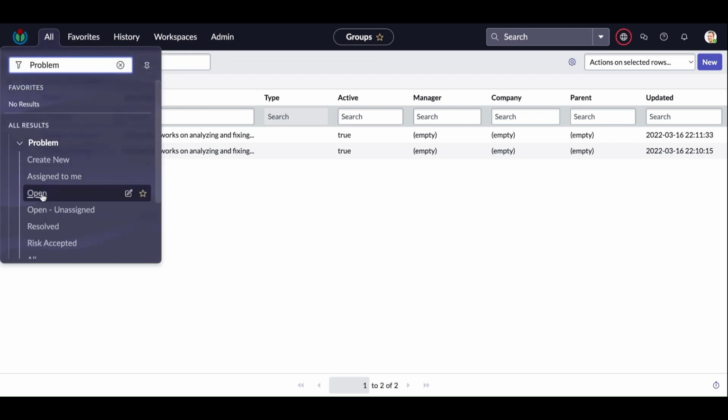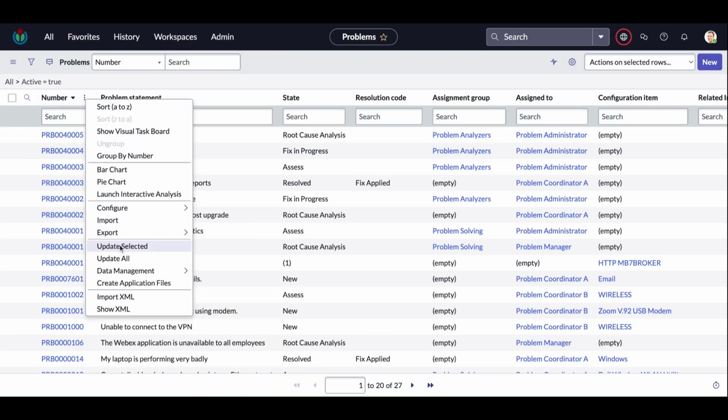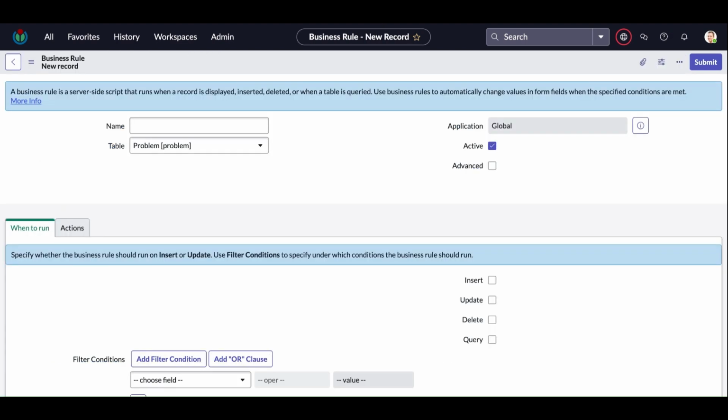I'm going to take one use case. I'm going to write an on display business rule on the problem table, and what I'm going to check is whether the current logged in user is part of, or a member of, the problem analyzer assignment group. That's why you probably noticed I copied the sysID of the problem analyzer assignment group at the beginning of the video. So this is my on display